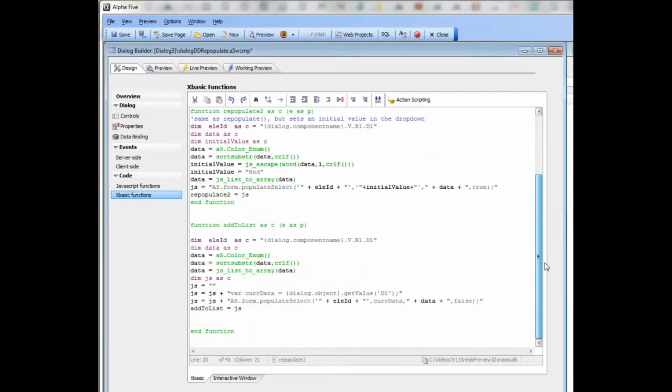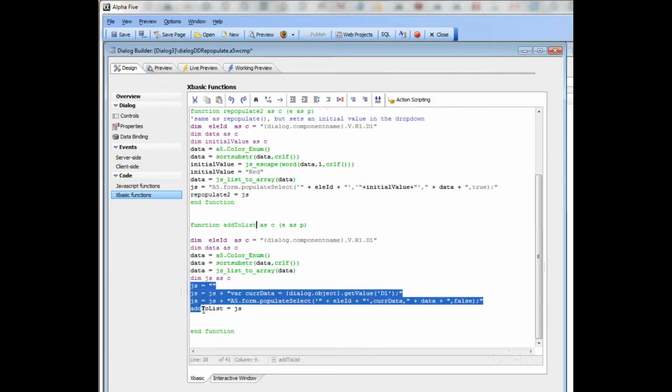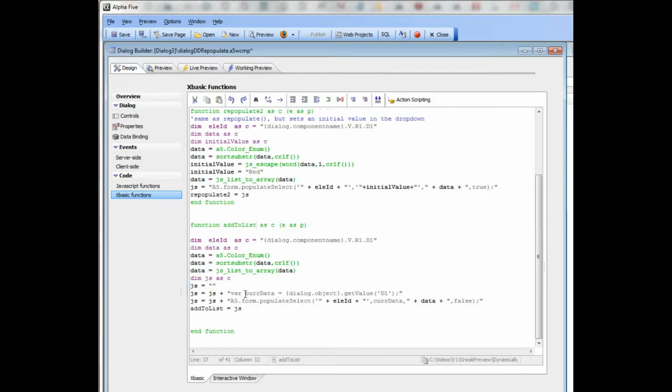button, and what this button does is call this xbasic function, which again is very similar to the previous functions, excepting that the JavaScript that gets sent back, so this is the JavaScript that gets sent back. What this JavaScript does is it executes before it calls the A5 form populate select function. The first thing that it does is it reads the current value of the drop-down box and puts it into